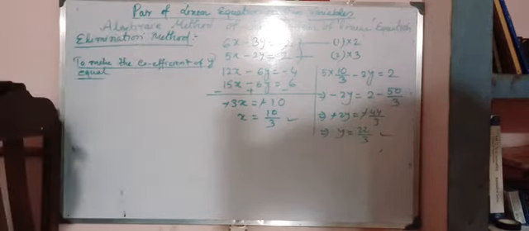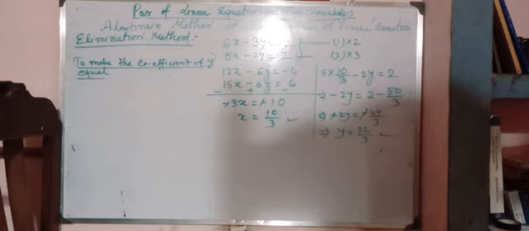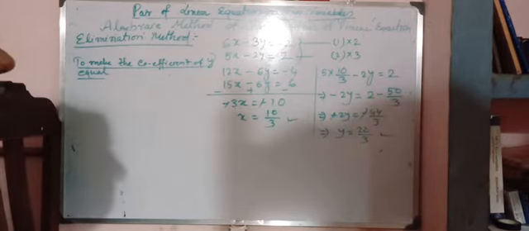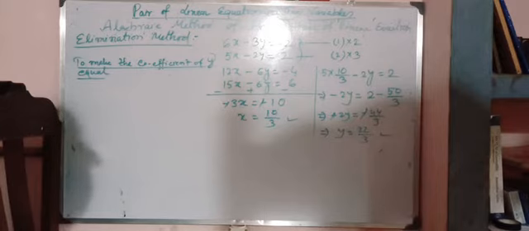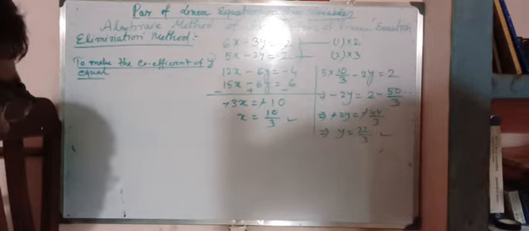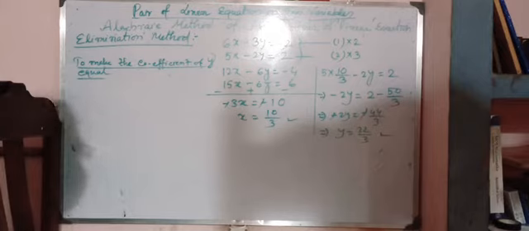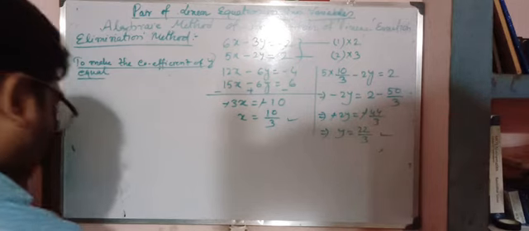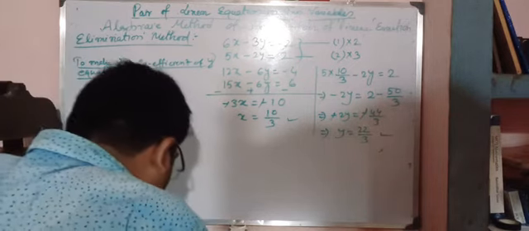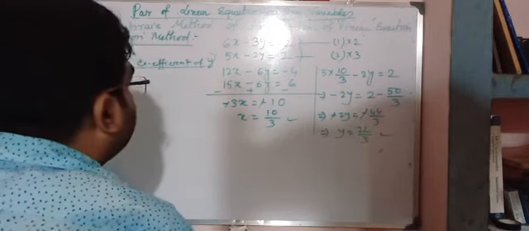Understood? So this is the method of elimination. To show this elimination method by taking the general form of the linear pair of equations in two variables is not needed, as it will be somewhat difficult. So that's why I am not showing it. I am only showing the general form for the cross multiplication and substitution methods. So that's it for linear equations in two variables. I hope you are able to understand it.